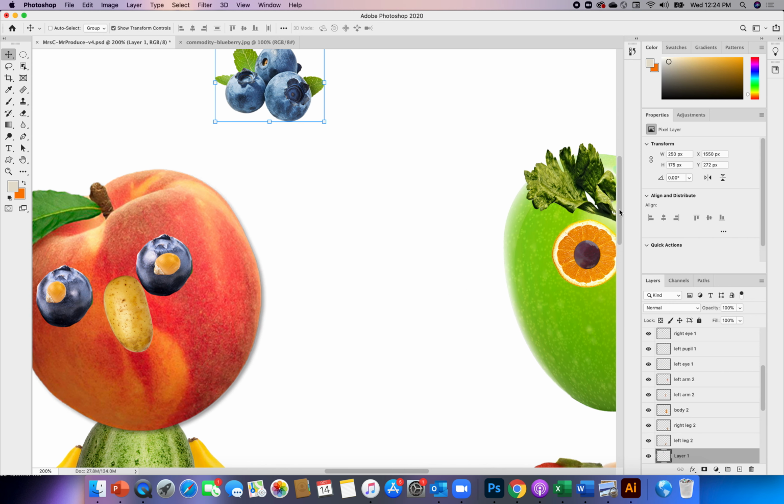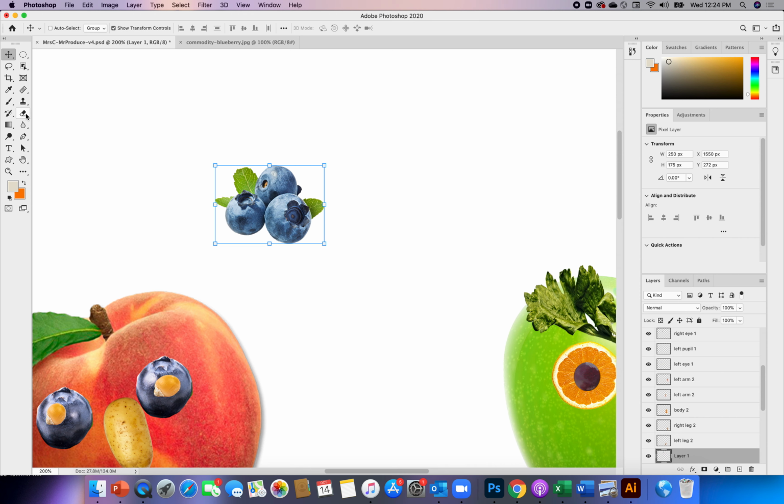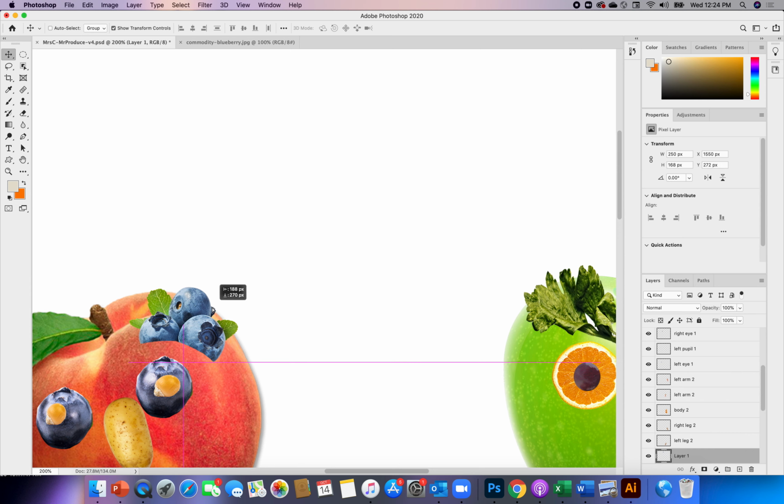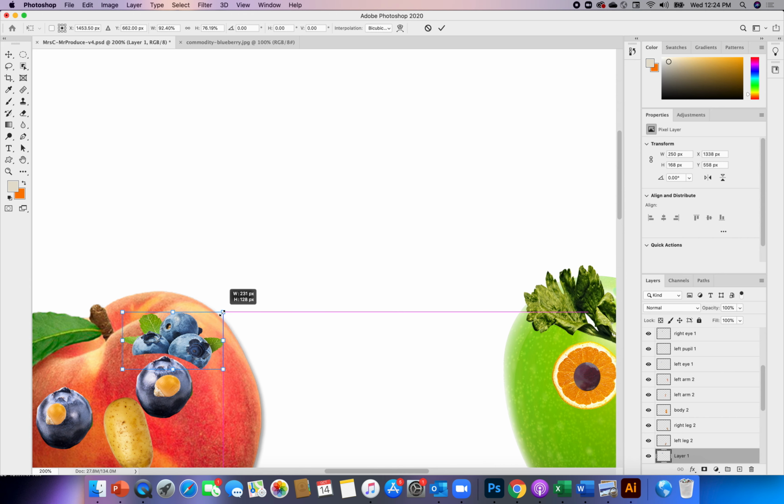And I can take my eraser and I'll go to the eraser here. The eraser is set at 35, and when you look at the size of the eraser, you can see how big it's going to be. I'm just going to go in here and I'm going to kind of erase out that little section, because what I want to see happen is when I go back to the move tool and I bring this back down, I don't necessarily want it to touch. I want it to sit sort of above. It's still a little big,